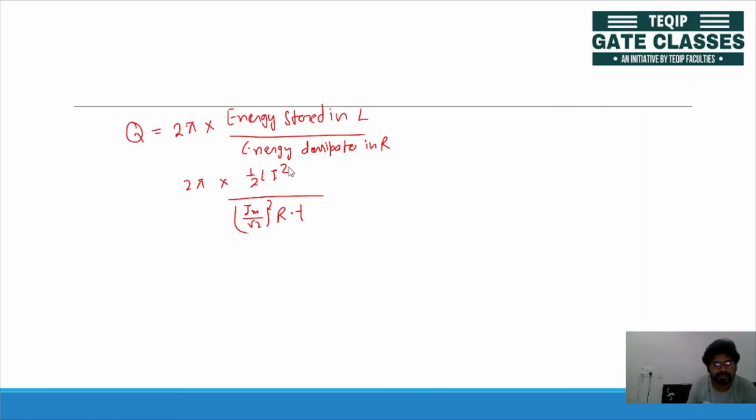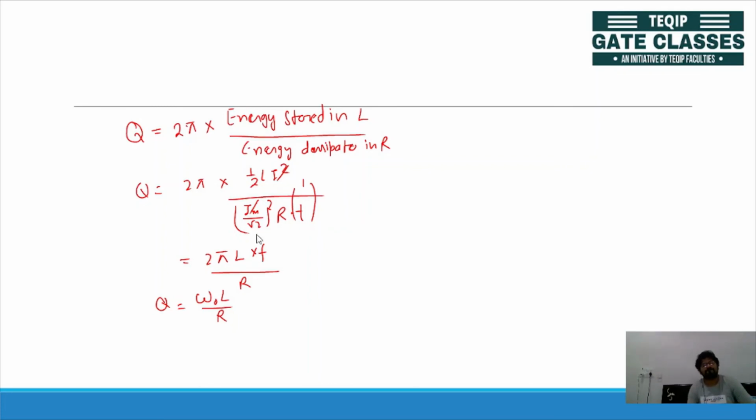So from here your I square will cancel, and this root 2 square will be 2, and the 2 will be cancelled, and 1 by T you can write as frequency F. So you'll get 2 pi L into F divided by R. This 2 pi F means omega, so you'll get Q is equal to omega naught L by R. Okay,